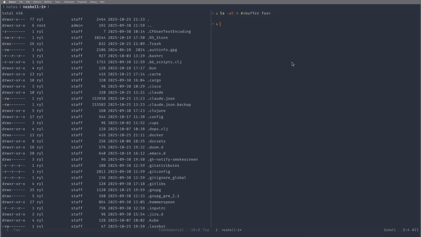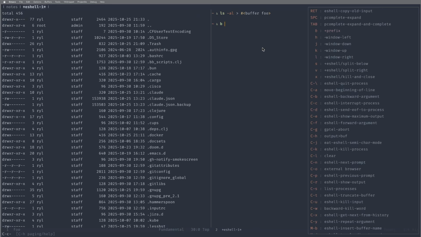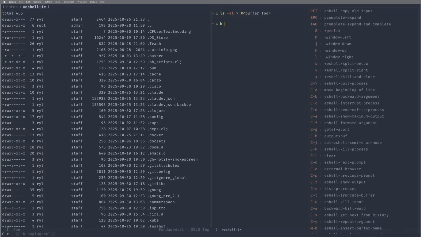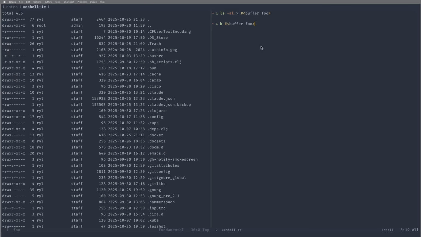The opposite is also possible. It's not possible out of the box, but I'll get to it. I'll show you how to do this. I can do this again. If I have this special command B, like for buffer, and then if I do it again the same way, Control C Meta B, then I type the name of a buffer, and now here